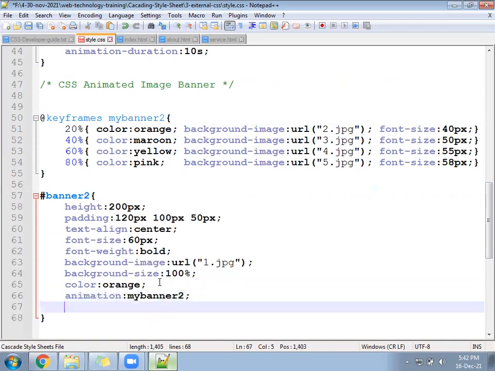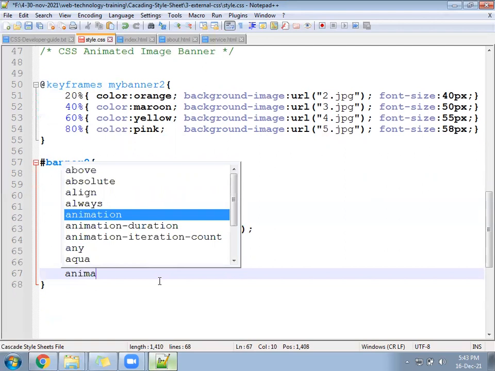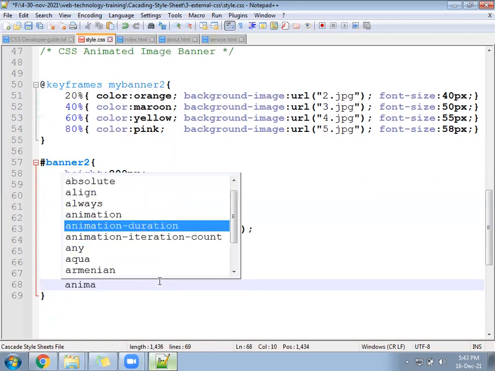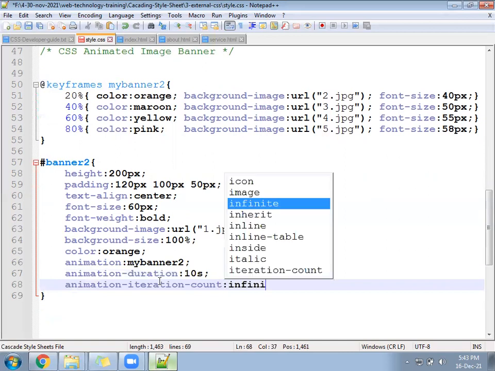After that, next what do we have? Animation-duration, keep 10 seconds total. Then animation-iteration-count: infinite.